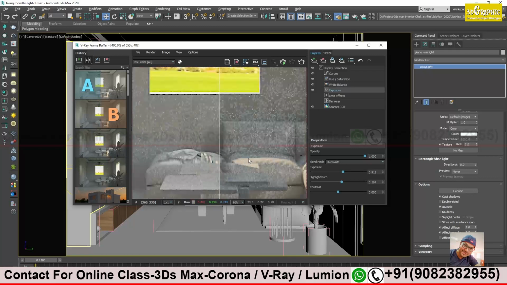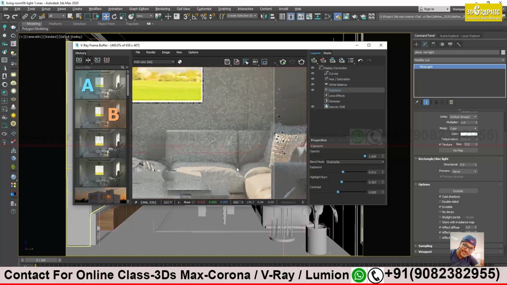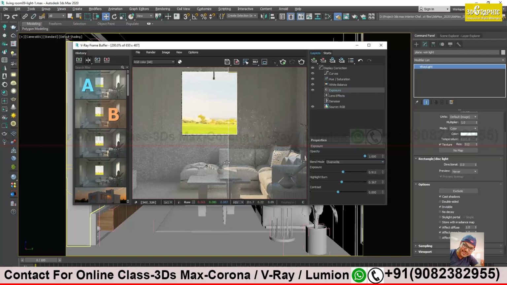Yes. We can see more detail there also. You see over here, this is getting darker, and this is getting brighter now. If I use it, it is getting proper light over here. Here also, correct. So it is improving only, so it's okay. I will keep this.